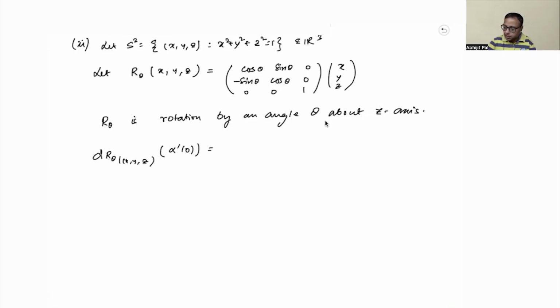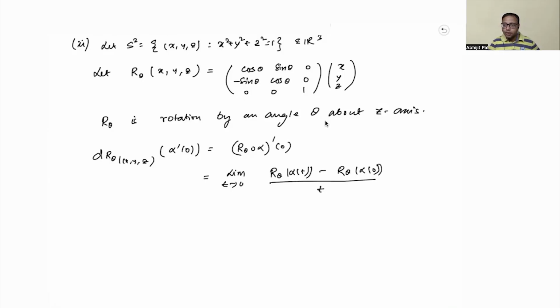So by definition, this will be (R theta composed with alpha) prime 0. And this is equal to the limit as t tends to 0 of R theta of alpha t minus R theta of alpha 0, divided by